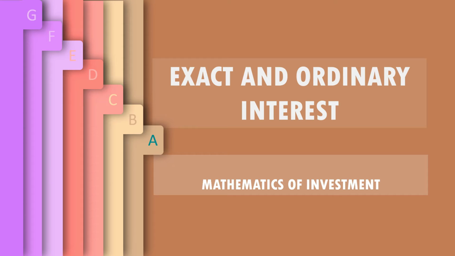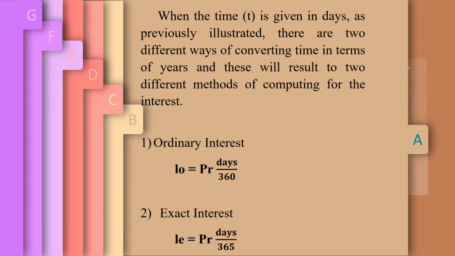Now in this lesson, exact interest and ordinary interest, you will be able to know when and how to compute for the exact time. When the time or t is given in days, as previously illustrated, there are two different ways of converting time in terms of years, and this will result in two different methods of computing for the interest. The first one is the ordinary interest. Since it's just ordinary,